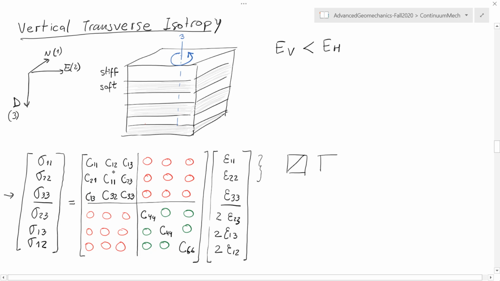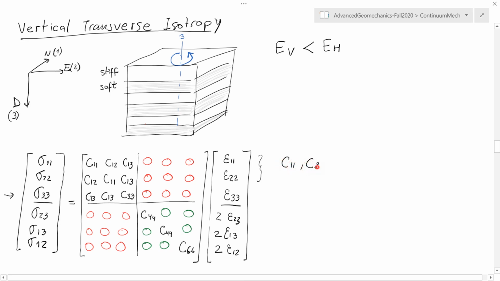And by symmetry, this one I know is C13, just by symmetry of the matrix, and because of the property that we said about transverse isotropy, this one is also going to be C13, and this one is going to be, again by symmetry, C13. And since we're here, let me also change this one by symmetry to C12. And now I have, let me count again,